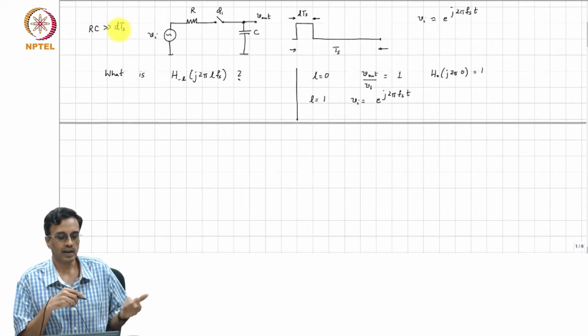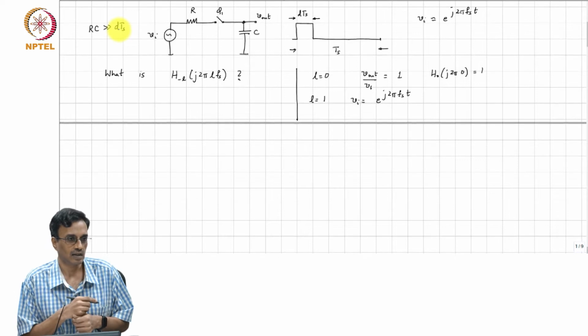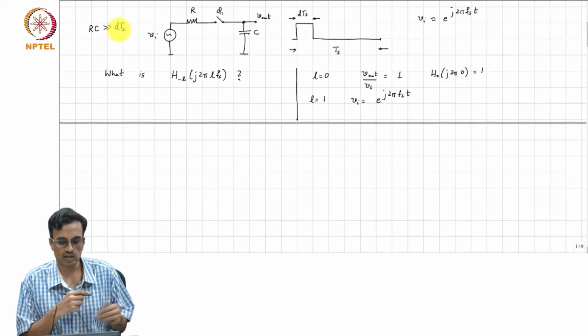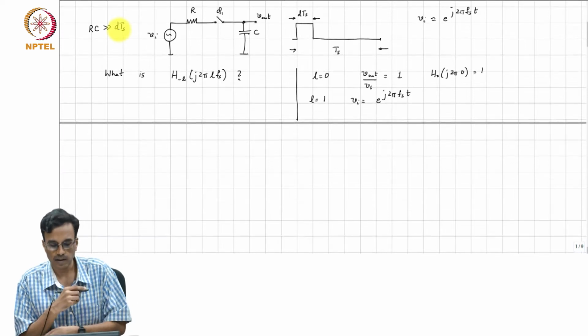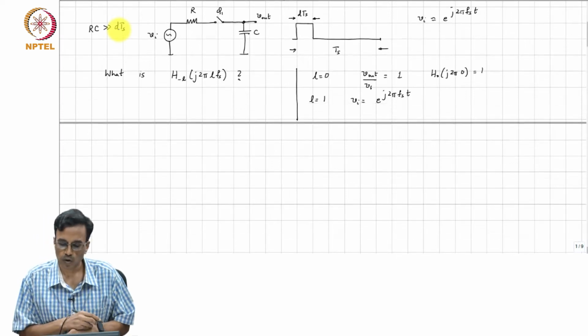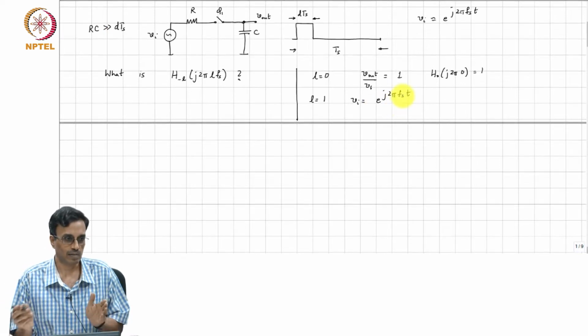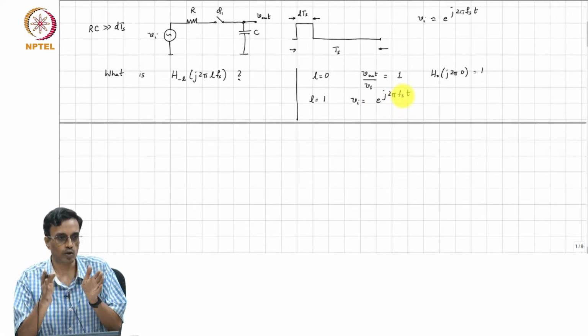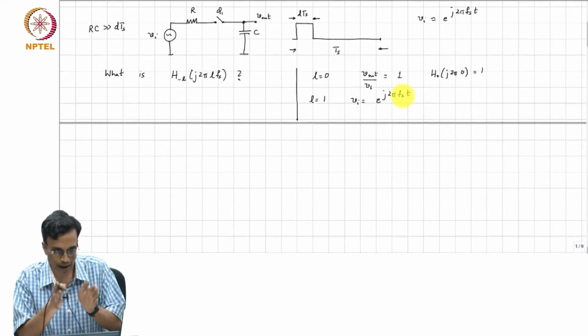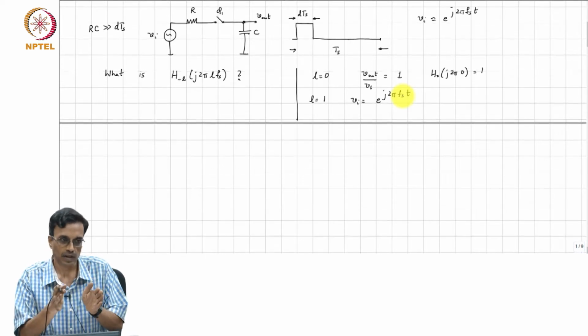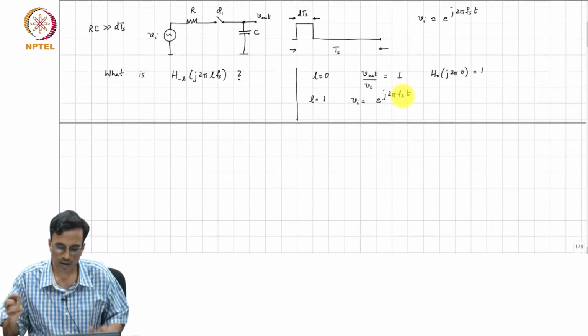So, basically it means that the capacitor is not discharging very much, or it is slowly discharging. So, how would we do this? Well, if you put e to the j 2 pi Fs times t, what the capacitor is going to do is simply average that part of the cycle, which is between 0 and